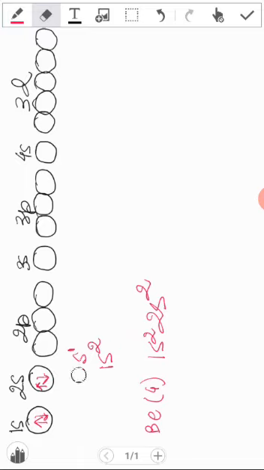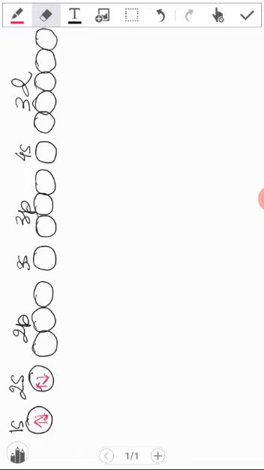1 2 3 4. So electronic configuration is 1s2, 2s2, 2 and 2 is 4. Now see, if we write electronic configuration of nitrogen, which has atomic number 7, see how electrons will be filled. Electrons will be filled like this. 7, then 1 2 3 4 5 6 7.